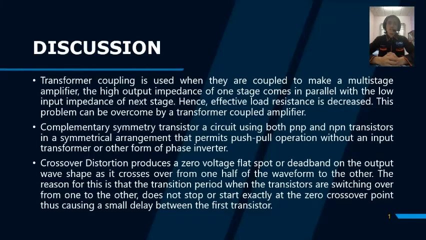In order that there should be no distortion of the output waveform, we must assume that each transistor starts conducting when its base to emitter voltage rises just above zero. But we know that this is not true, because for a silicon bipolar transistor, the base emitter voltage must reach at least 0.7 volt before the transistor starts to conduct, due to the forward diode voltage drop of the base emitter PN junction, thereby producing this flat spot.